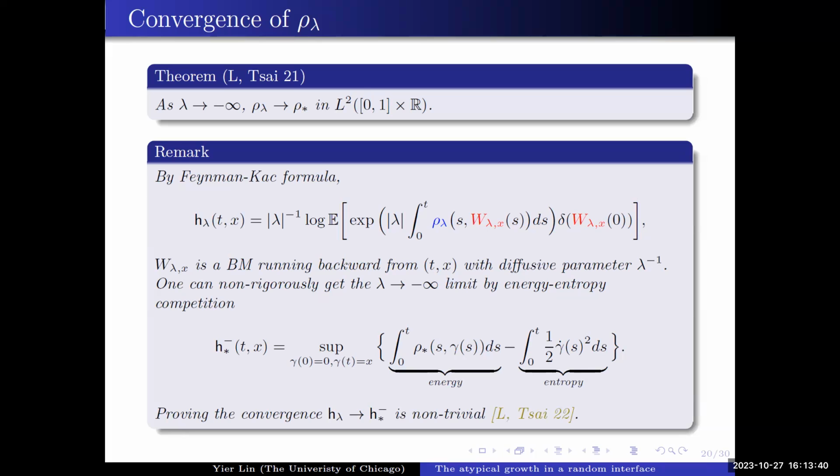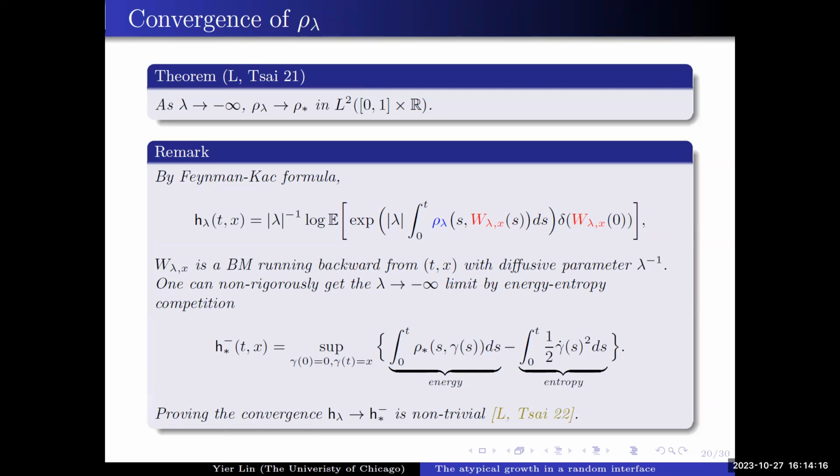But on the other hand, this is only true when we can justify that we can indeed replace this rho lambda by this L2 limit. In general, it's not true that we will have some L2 convergence, so that you can replace the pre-limit by the limit. There are counterexamples. But in our case, indeed, in this work together with Li-Cheng Tsai, we showed that you can do this replacement. So you can show this convergence. And actually, we have a very explicit characterization of this optimizer gamma.